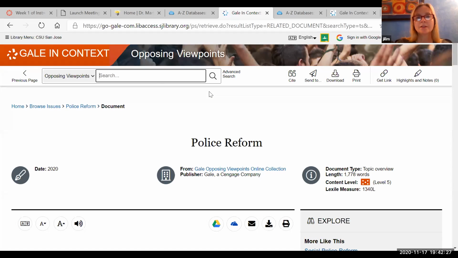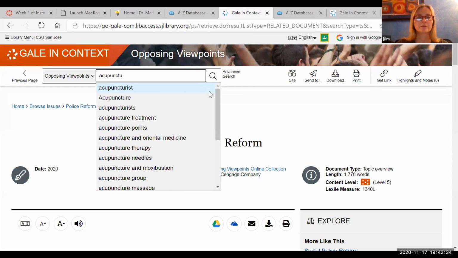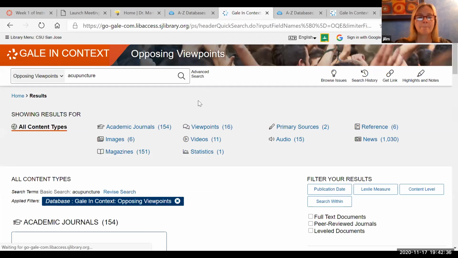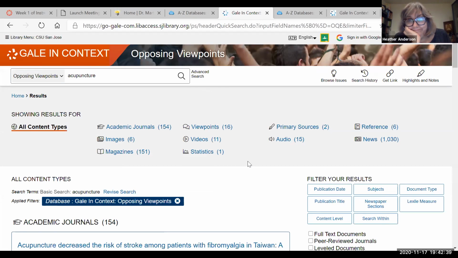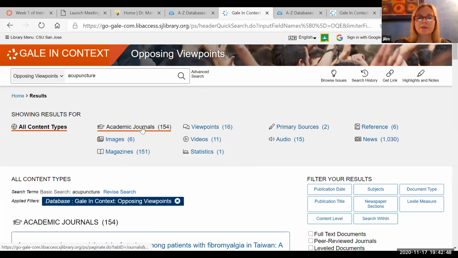So you would just go to the search bar at the top of any page, and we're going to look at acupuncture and see what comes up. And when we enter that, it gives us all the different content types across the top: journal articles, magazines. Over at the top, it's news, and we got some results. But if we wanted to narrow the results,